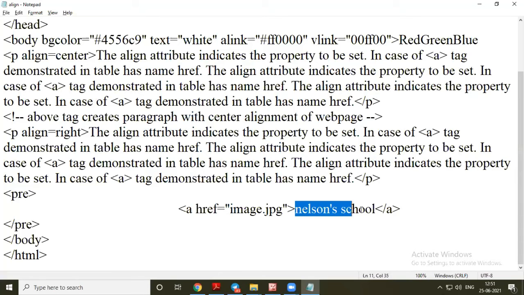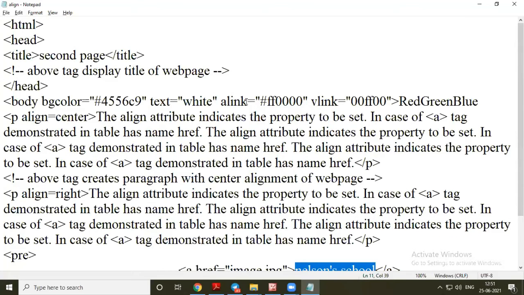So this one link we have created in our page. Here we have used A link, that is active link, and the color we have given to our active link is red. This is first space, that is R, and we have put FF there. So our active link will have red color, and this is visited link. So when this link is visited, it will show green color.